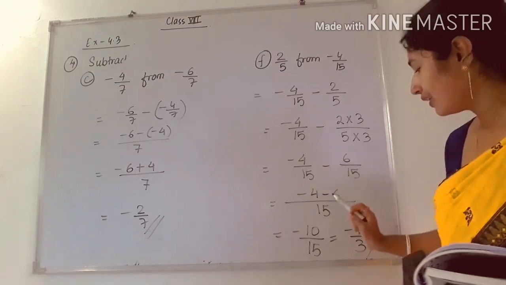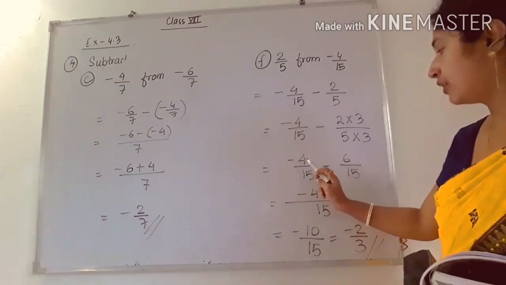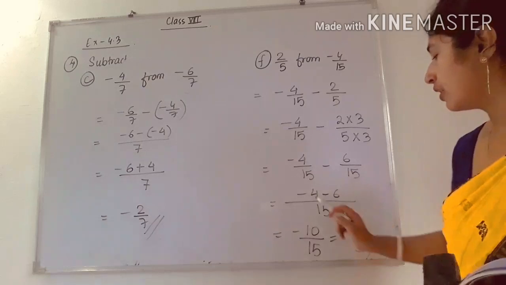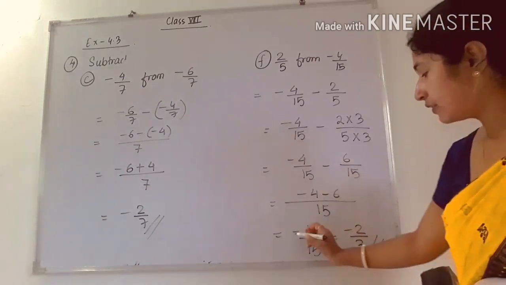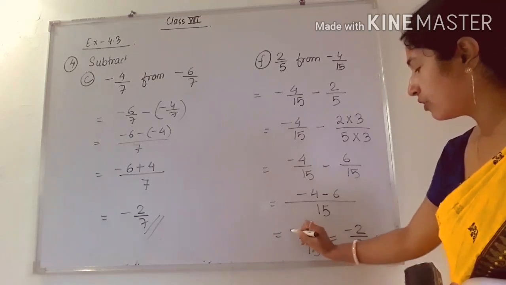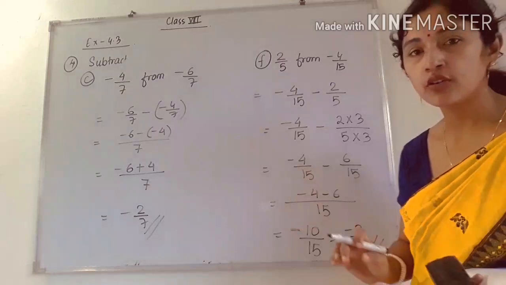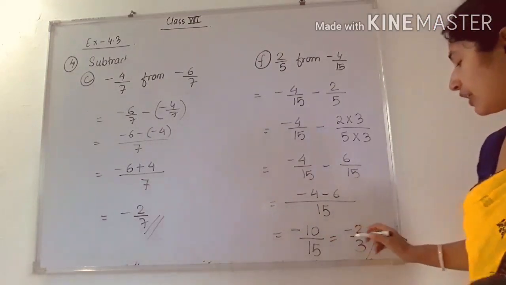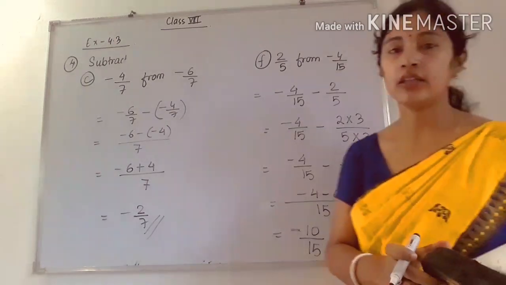Okay. Then after that take the LCM, that is 15, and in the numerator you have to write as it is, that is minus 4 minus 6. Okay, and minus minus will become plus, so 4 plus 6 will be 10, and there will be a minus sign, because both are negative, we are to the left of the 0, all of you know this. So minus 10 by 15, you have to cancel it out, we will get minus 2 by 3 as the final answer.